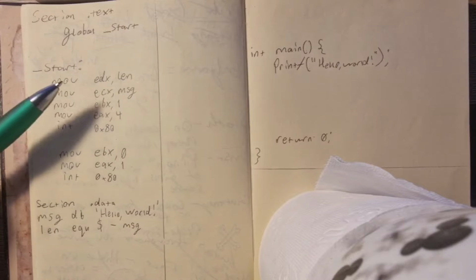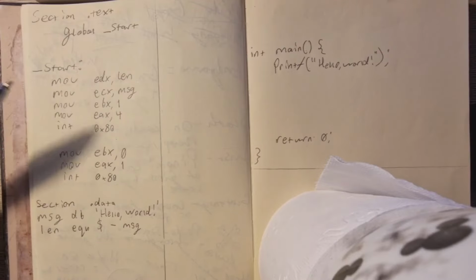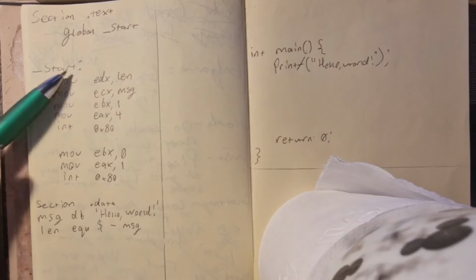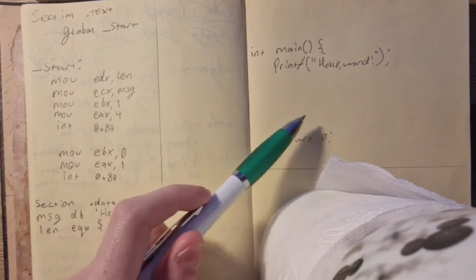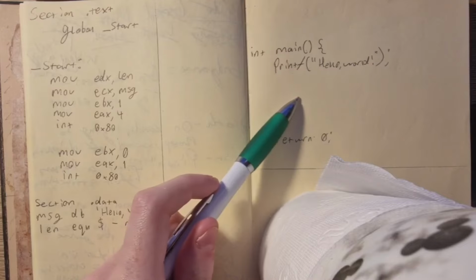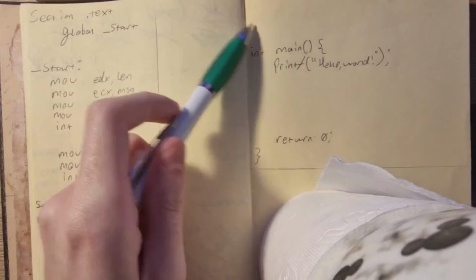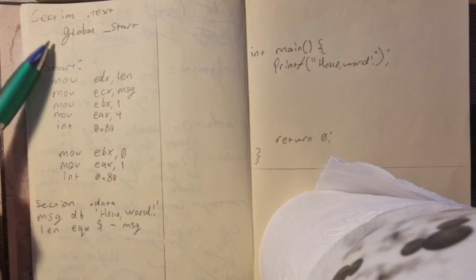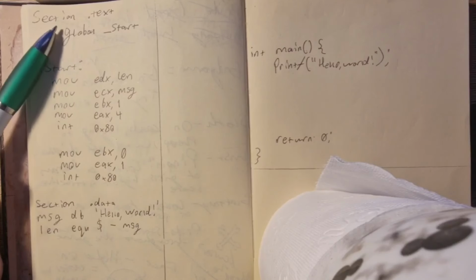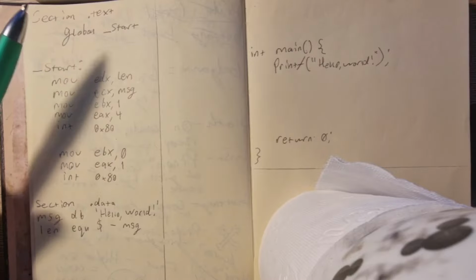I'm going to explain to you line by line the Hello World program for x86 machines running Linux. On the left here is the actual assembly program. On the right we have the same program written in modern C, omitting the standard input-output library because it's not necessary for this explanation. So the assembly program begins with this line up here, section .text, and what this is saying